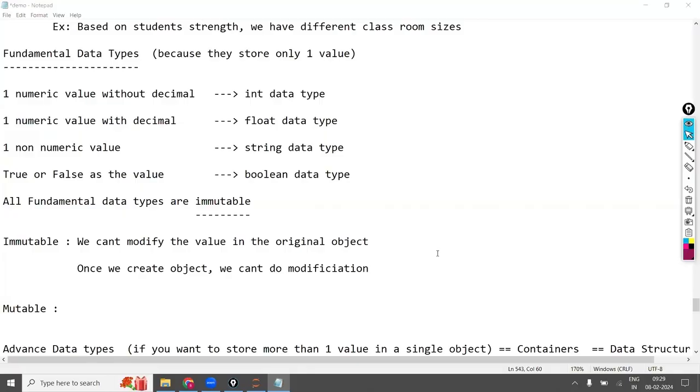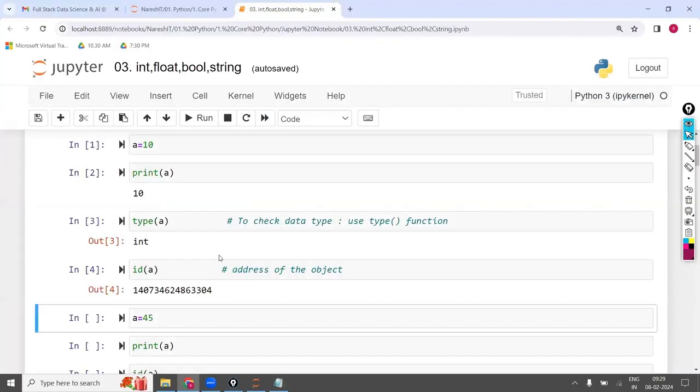Once we create the object, we can't do the modification. What modification? We can't modify the value. The point is very simple. Now, let's see one example. I told you int, float, string, boolean. All four of them are immutable only.